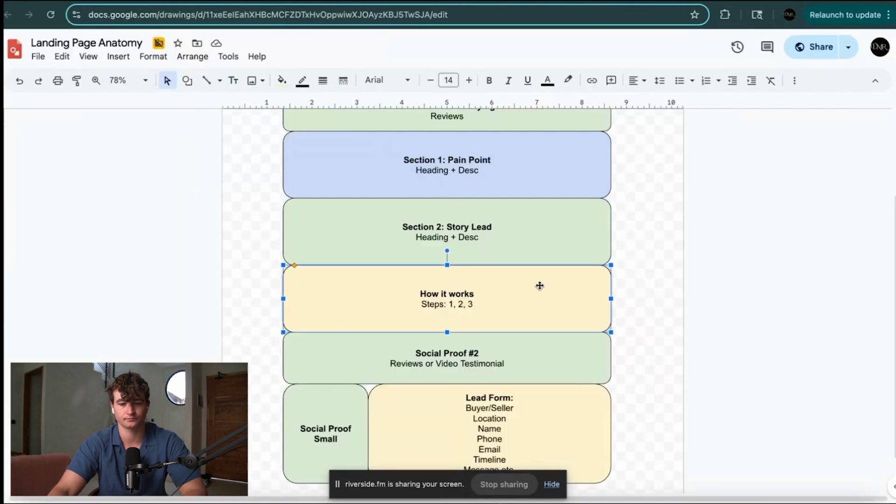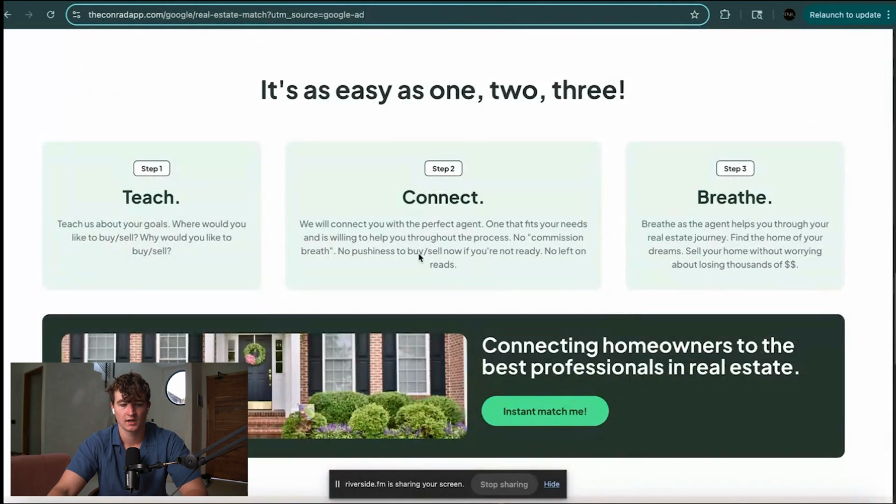Okay. And then we want to do a how it works. So teach us about your goals. What would you like to buy, sell? Why would you like to buy or sell? So this right here is a confirmation bias. So it's reframing, okay? When you submit a lead form, or when you're submitting phone number, email, all of that to someone,